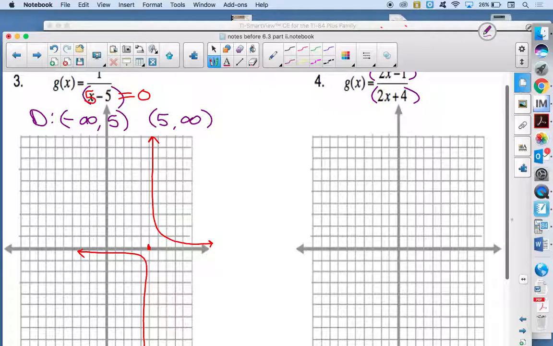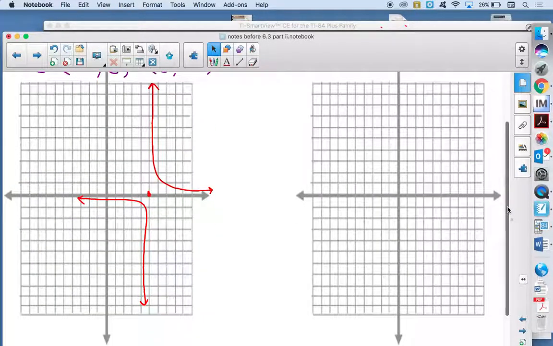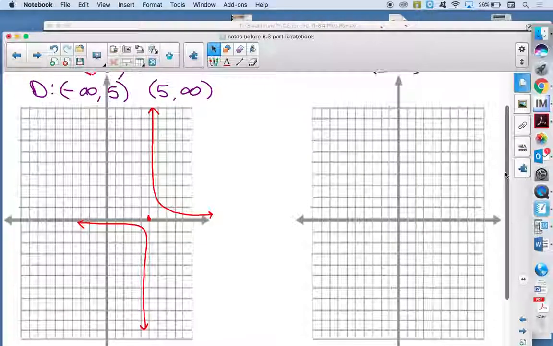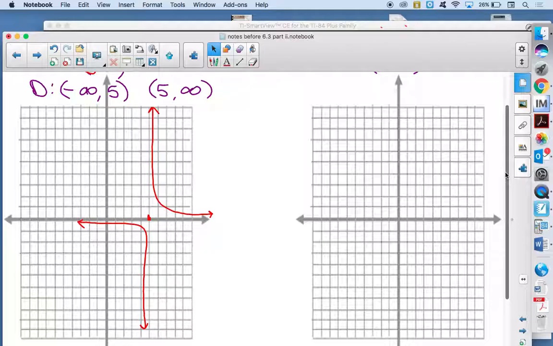So the first one, the one on the bottom left, goes to negative infinity. It's going to go on forever and ever to the left. It's coming along, and then at 5, it just stops and it goes down. It will never be 5, which is why we have to have a parenthesis around the 5. It's not allowed to equal 5. The other piece starts at just past 5, so that's why there's a parenthesis around it, and then it goes